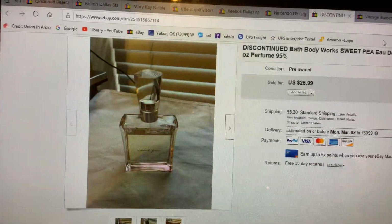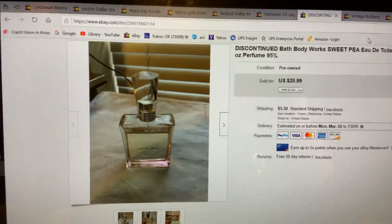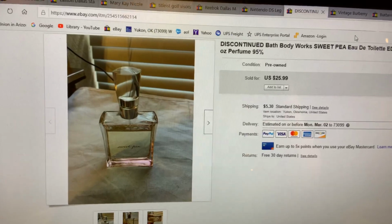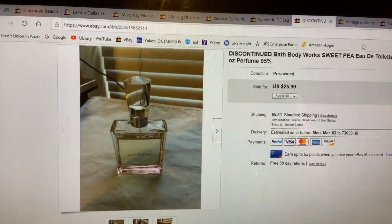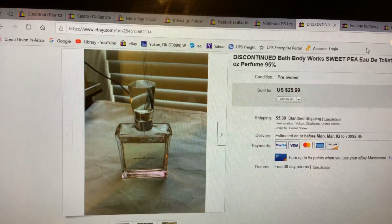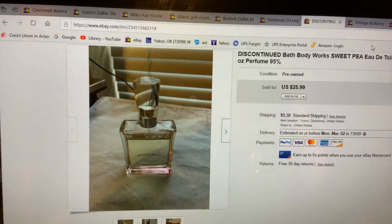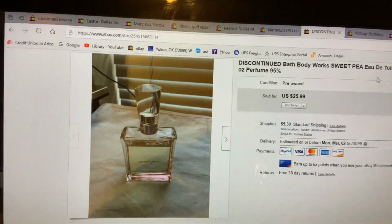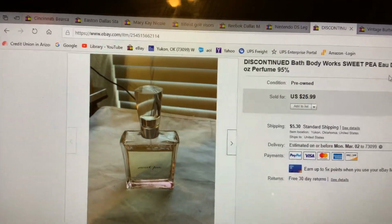The next item I found just recently, about a week or so ago, at the Goodwill here locally, and it's 95% used. Bath and Body Works Sweet Pea perfume, 2.5 ounce. It's about 95% full. I didn't have a box or anything, but I paid $4.94 for it, and I sold